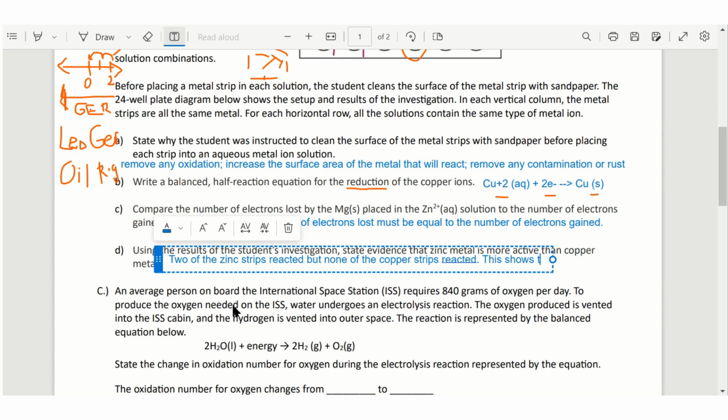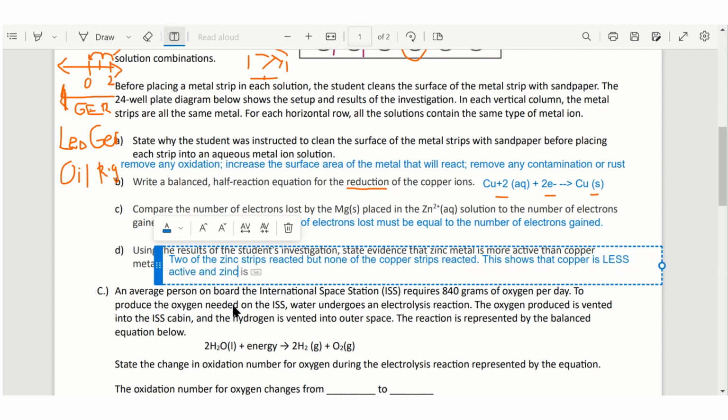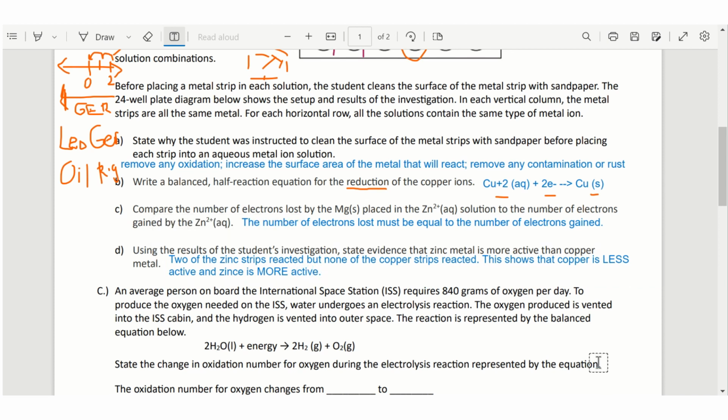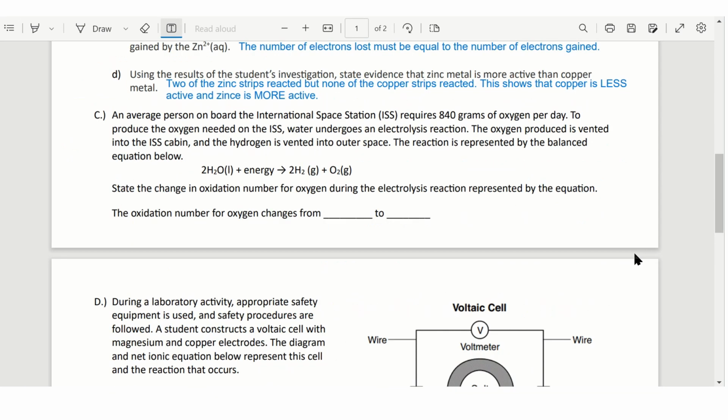This shows that copper is less active and zinc is more active. All right, so there we go. That is that question. Okay, for this next question, I'm going to model the strategy that I want you to